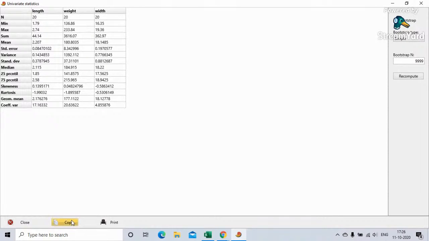Now you can simply copy this one, and the entire table can be copied into a Word file or an Excel file. And if you give for print, this can entirely be printed as it is. So this is how we find out the univariate statistics. Now suppose